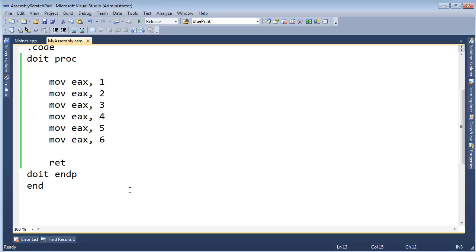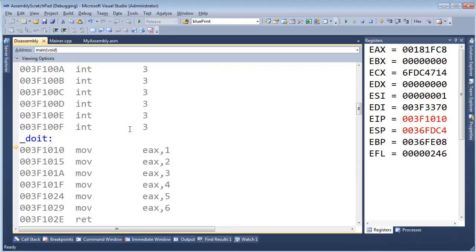Let me go back to our code here, and I want to modify the instruction pointer. I want to change where the instruction pointer is pointing. Remember, the address in the instruction pointer indicates the next instruction, not the previous instruction. It's the next instruction to execute. So right now, the next instruction to execute will be